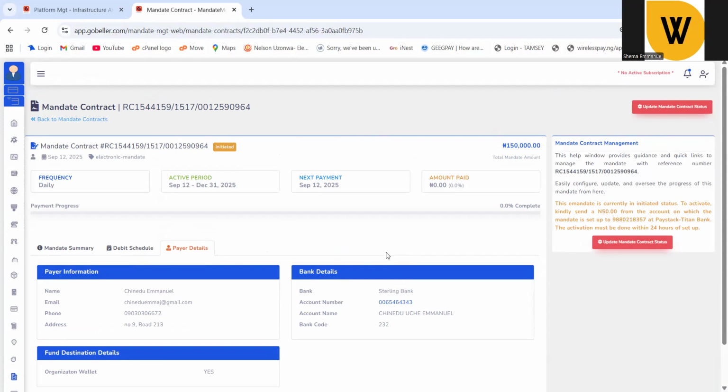So the customer must be active on their bank's mobile app or USSD service to initiate a bank transfer directly into the account number displayed at the top of the menu, right? So that simply means once this payment is confirmed, you can come here and click on activate mandate. Once payment is confirmed by the provider, which is NIBSS, the system will go ahead and change the status, and hereafter you're able to make debit attempts, or the system is also able to make debit attempts on your behalf